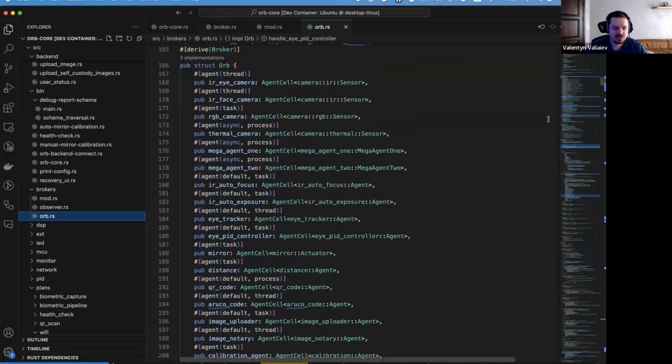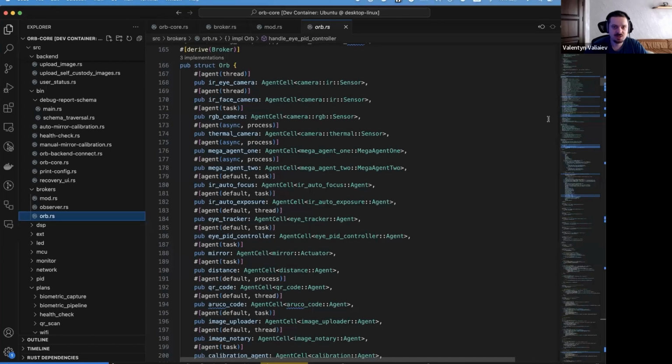Orb Core uses a star-shaped architecture with agents at the outside and a broker in the center. Agents are not interconnected. They are connected only to the broker, and they all run concurrently. They can run on Tokio tasks, OS threads, or separate OS processes for extra isolation.